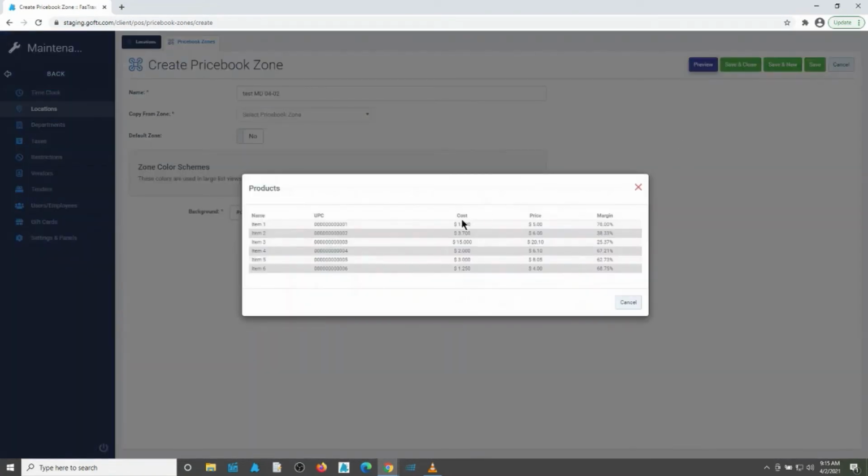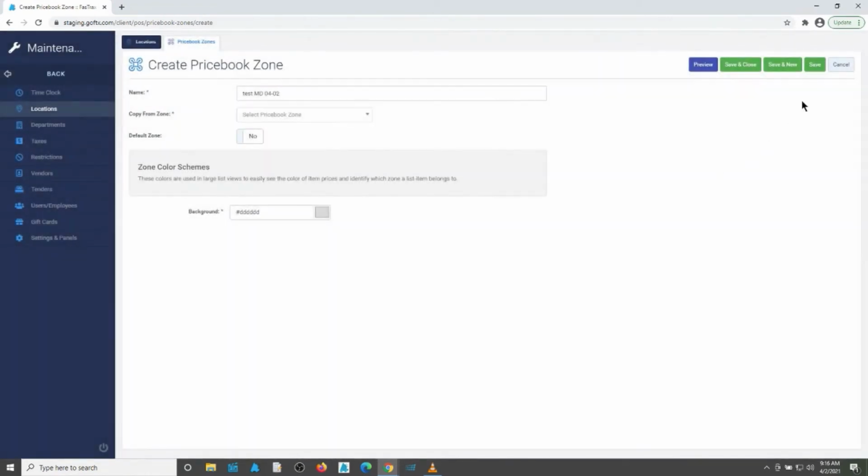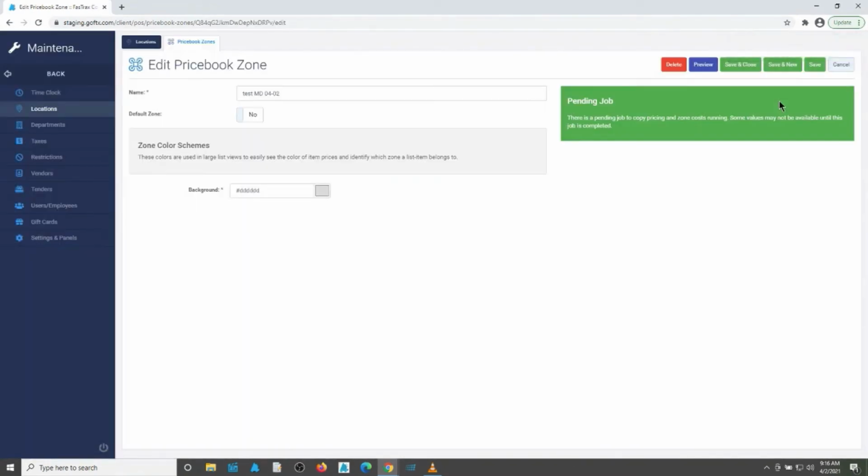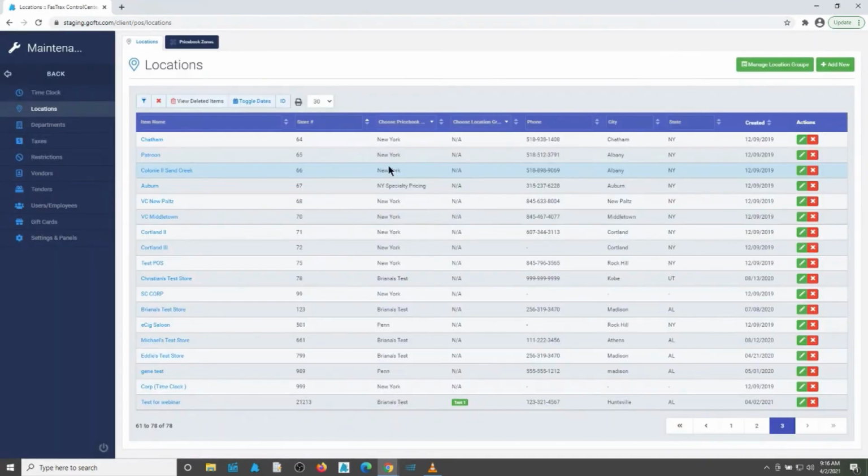But if we preview it, this is how our products are going to look. These are going to be their margins, price, costs, etc. We're going to save. Now that we have this, if we go back to our locations